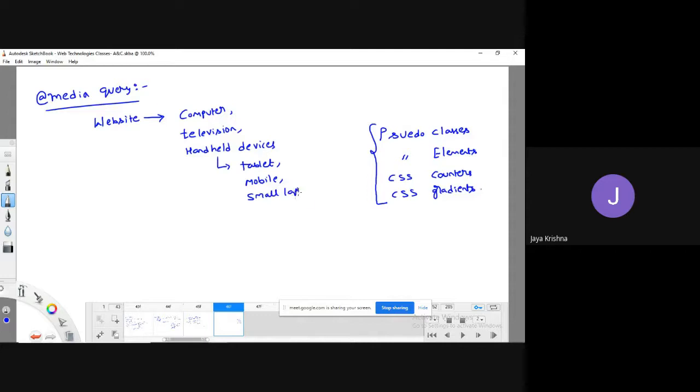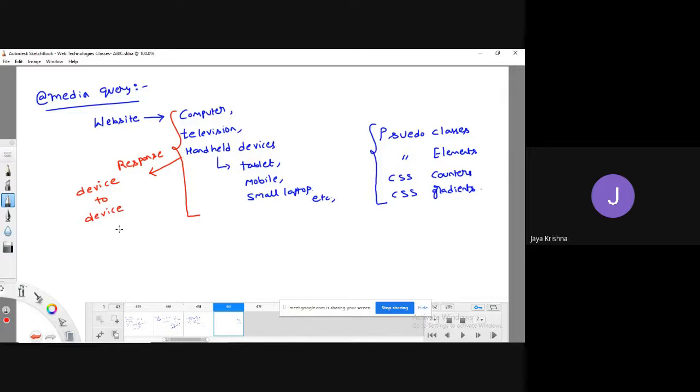Like that we can open our website anywhere. So once I've opened it on a particular device, it can be a computer, television, or any kind of handheld device, will the response of the website change or not? The response of the website changes from device to device.